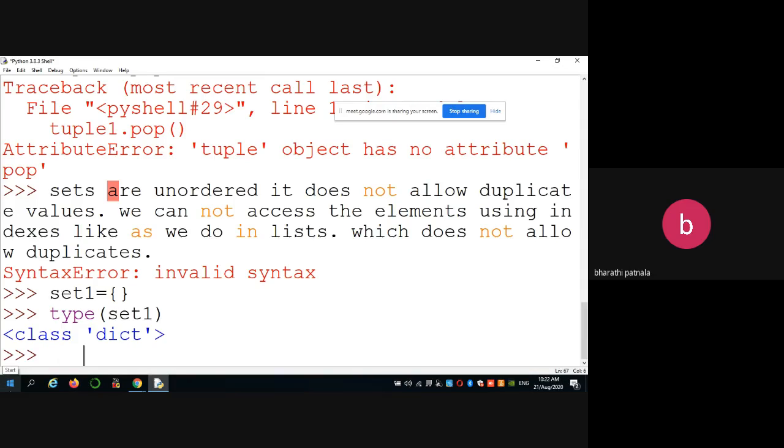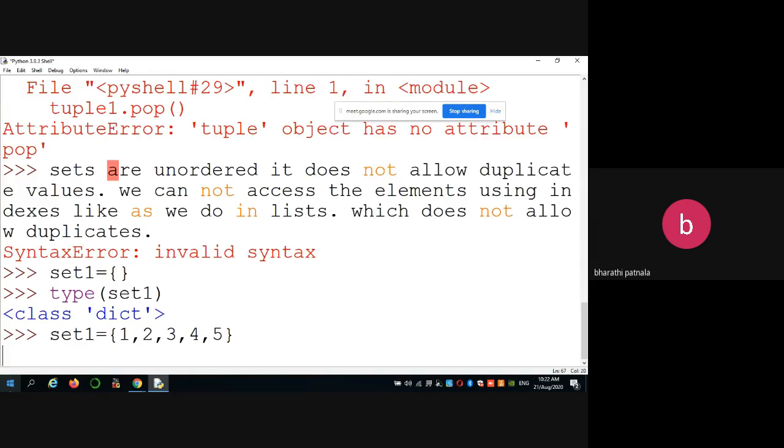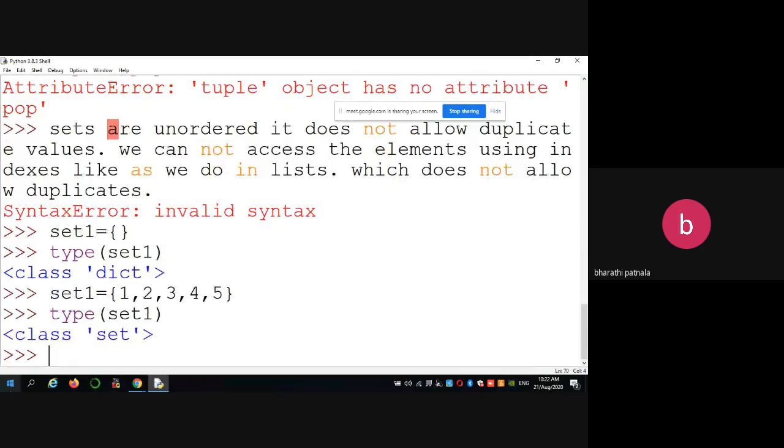Once you are storing the elements, then automatically the type of set 1 shows it is a set. Both sets as well as dictionaries are represented in curly braces, but the default type of that particular variable is dictionary.